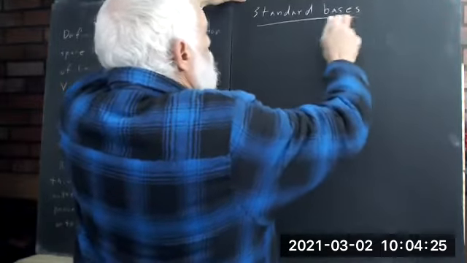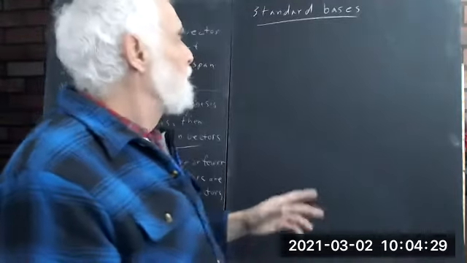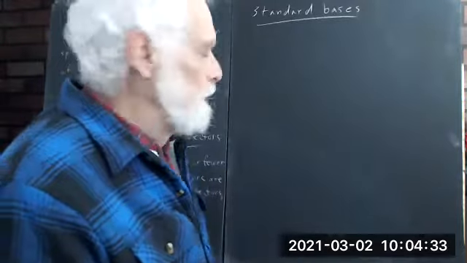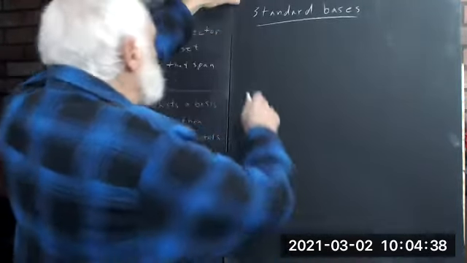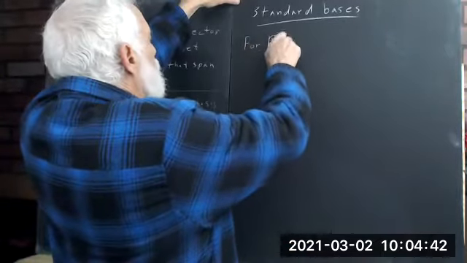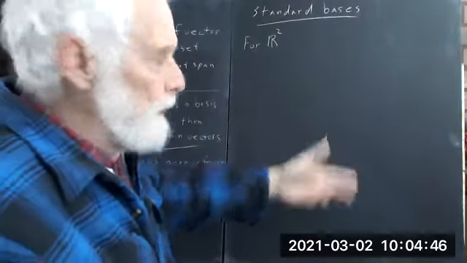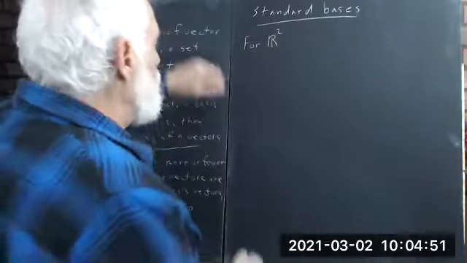And we pronounce this word bases, not bases. Okay. Bases being the plural of basis. Standard bases. They're really, in a sense, the simplest possible. Each of these is going to be the simplest possible basis for the space. For R2,